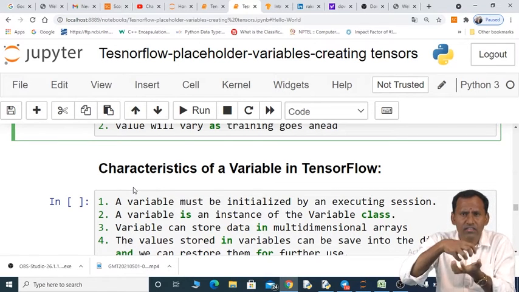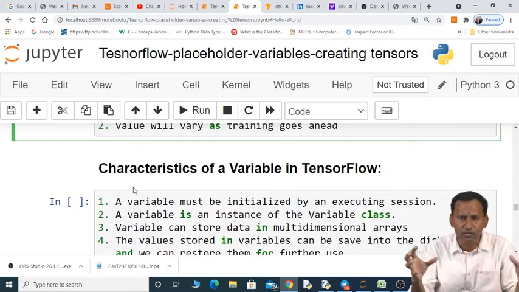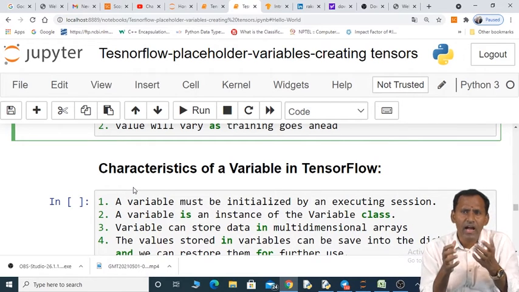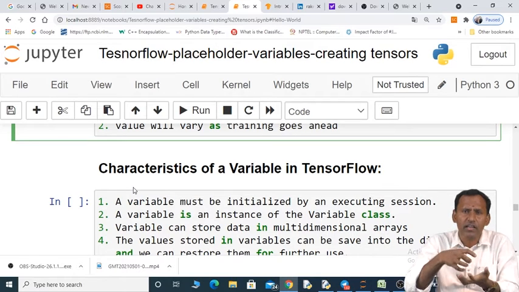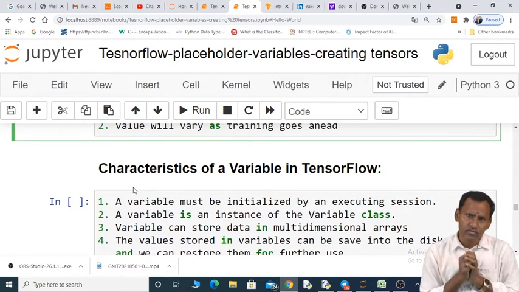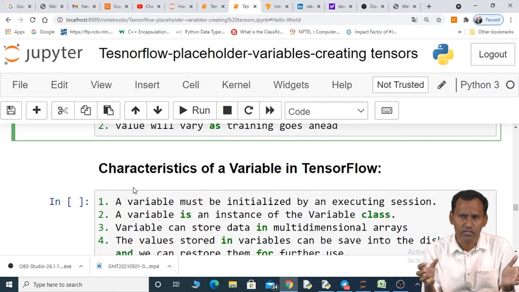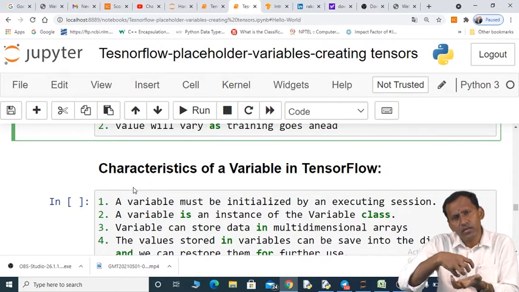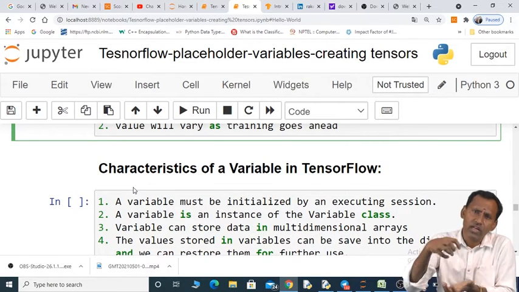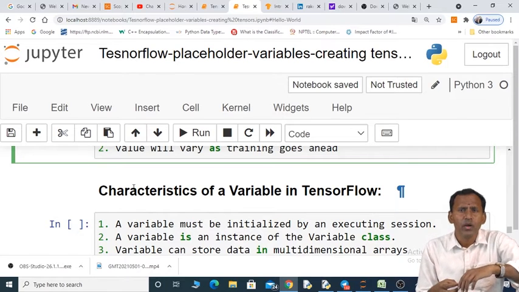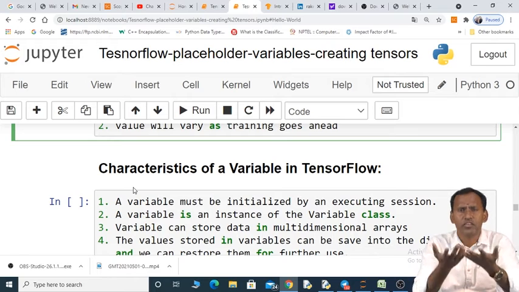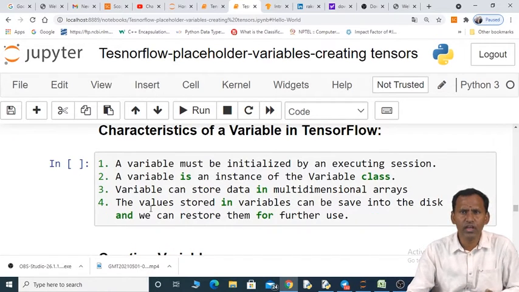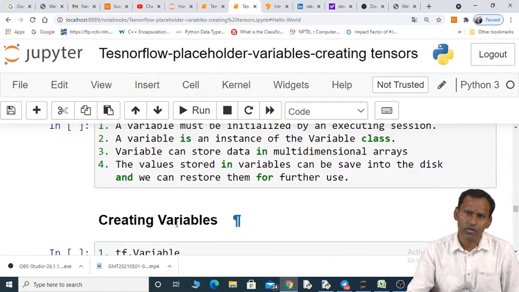By using the class Variable, we can create all the variables in TensorFlow, and it can store some data. We can represent data in multi-dimensional arrays with different dimensions. The value stored in a variable will be saved on disk. Later, we can restore it and use it for our purpose. So these are some characteristics of the variable.